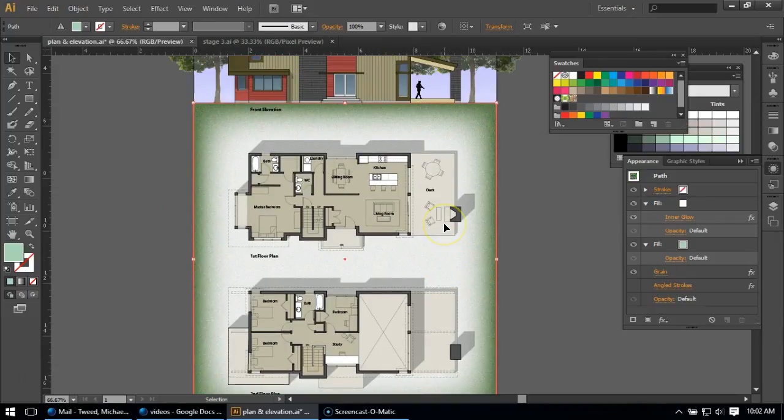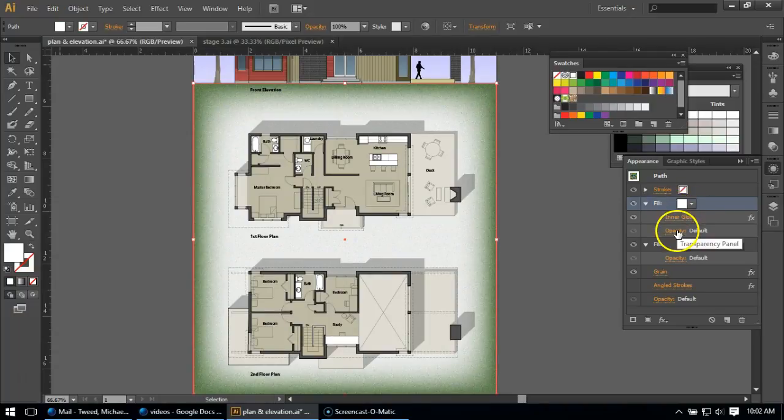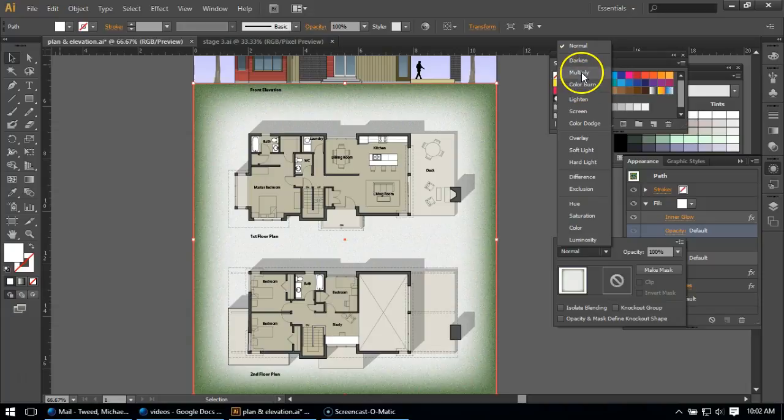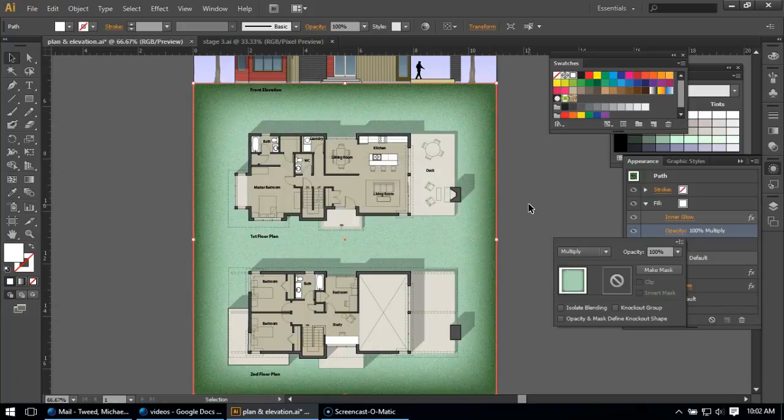So now what I'm going to do is I'm going to come here, and I'm going to again select this object. I'm going to select this guy, and under opacity I'm just going to change the blending mode to multiply. If you remember, I've mentioned this before, but multiply basically makes white things transparent and dark things much less transparent. So what happens is now the white fades away to their original green that I had, and the dark green basically stays. It was dark, so it wasn't changed much because of multiply,